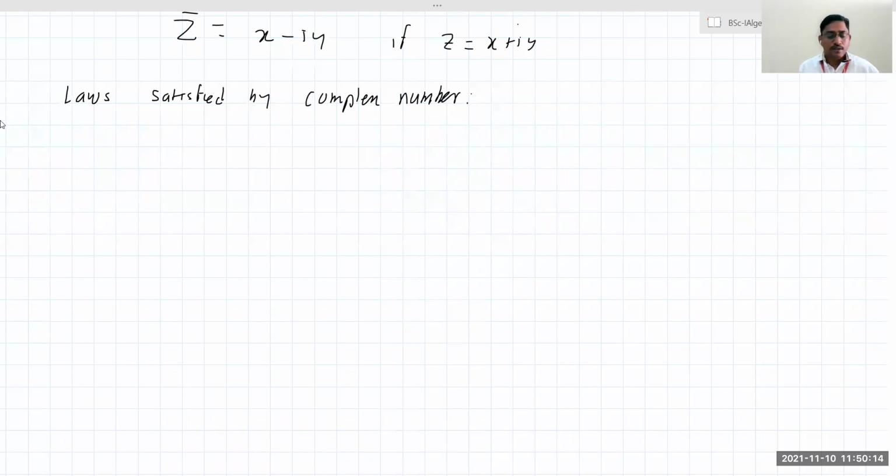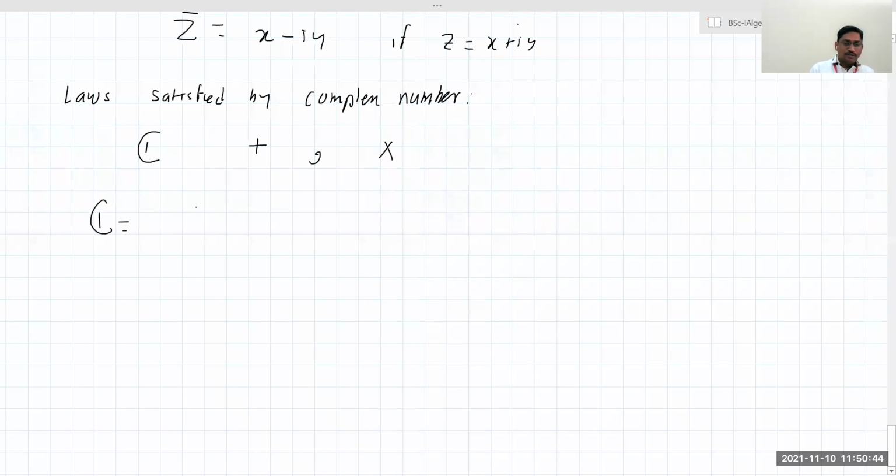What are the laws? Since the complex numbers form a field, right now we are going to try to define the field. What is a field? You have the complex numbers C, and they have to satisfy some addition laws and some multiplication laws. They satisfy 10 laws regarding addition and multiplication, and one law regarding the mix, that is called the distributive law. So one by one I am going to define them.